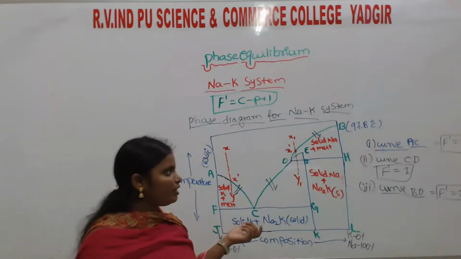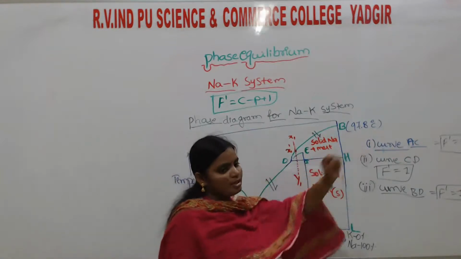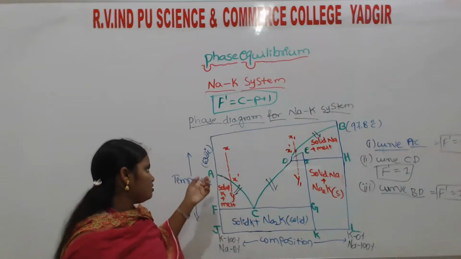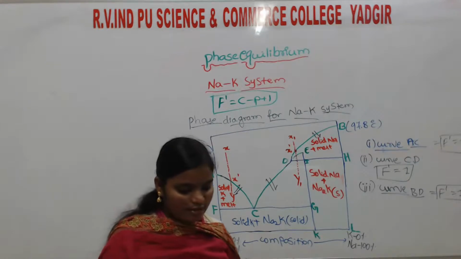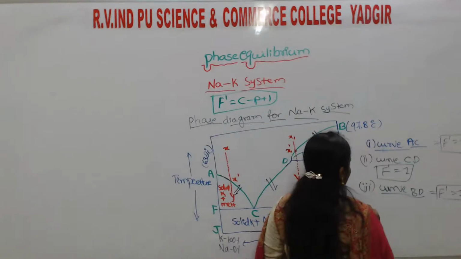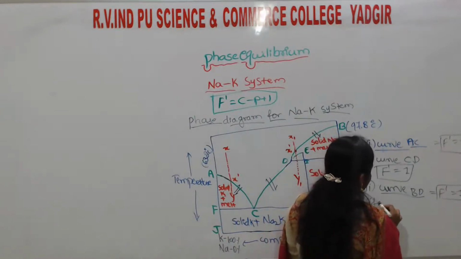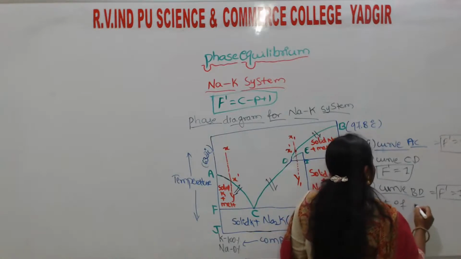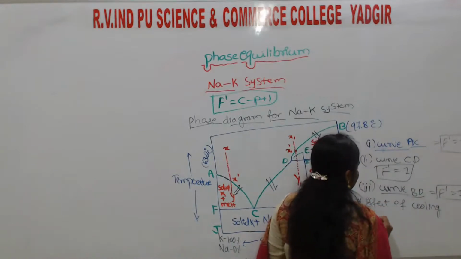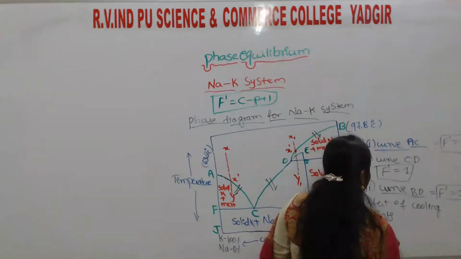A and B represent the melting points of sodium and potassium. Here the melting point of sodium is 97.8 degrees Celsius, and the melting point of potassium is 63.2 degrees Celsius. This is points A and B. Right, after this curve, next is the effect of cooling. Next points. First, points A and B,